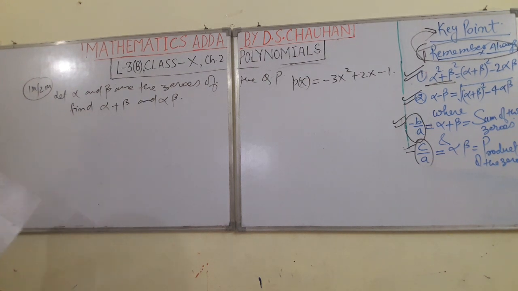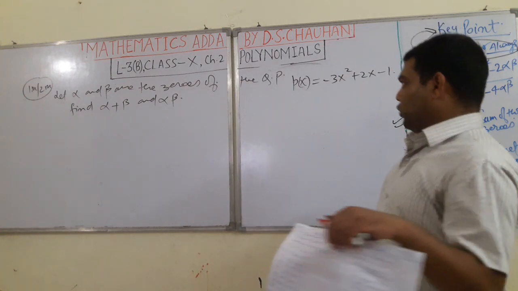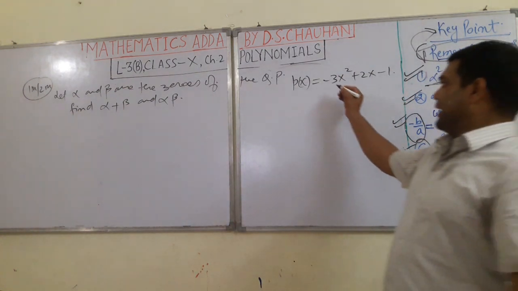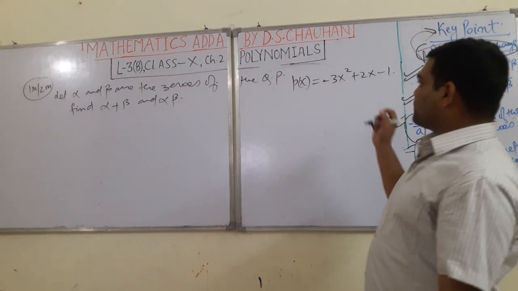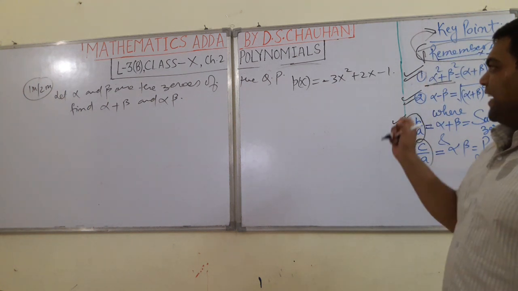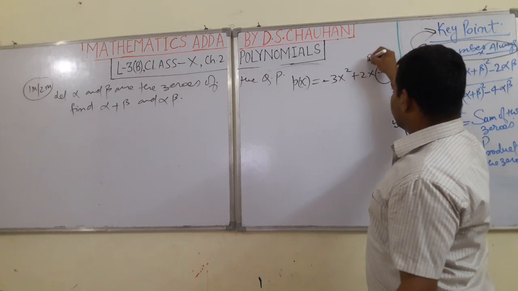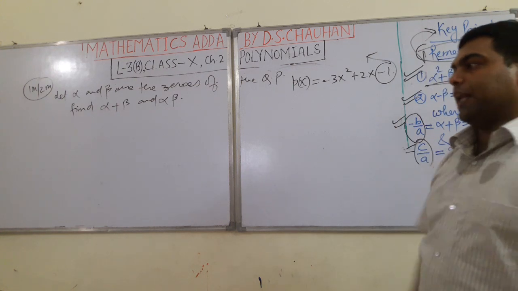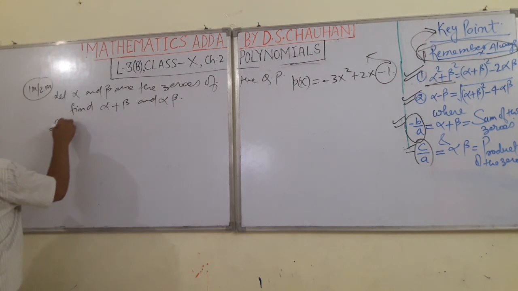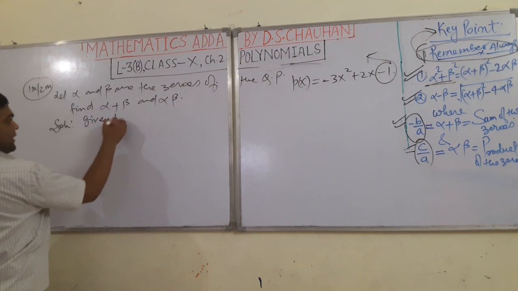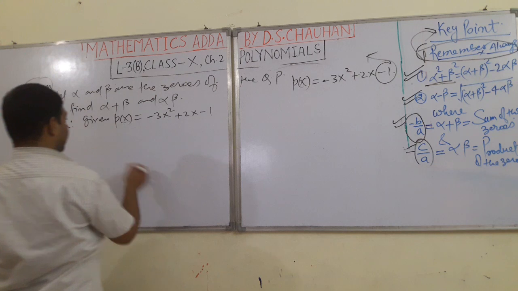It's a very simple question. See how to do it very easily. But students, in this type of problem, wherever you are going to solve, be careful at the time of writing the values of a, b and c, which are the coefficient of x square, the coefficient of x and the constant term respectively. Students, the constant term is also called the term independent of the variable.